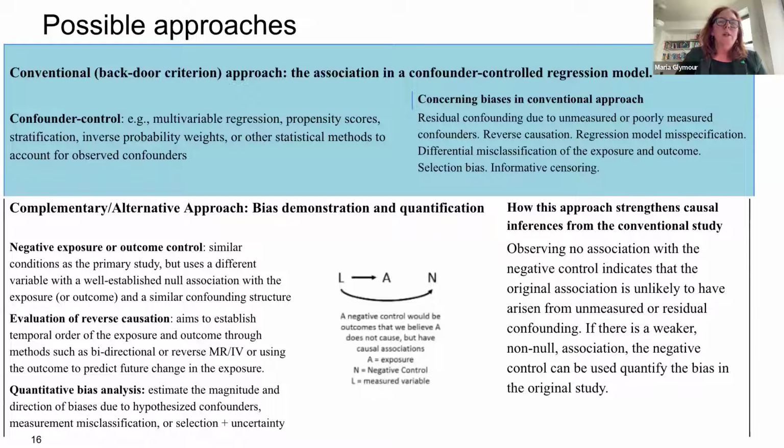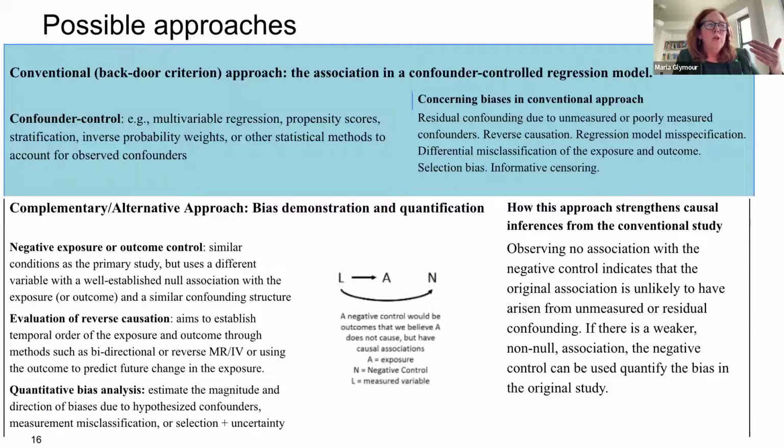And then the last approach that I think is very important and promising is to really focus on actually demonstrating bias. And this is where, in some ways, the Lebrock-Swanson framework doesn't capture this, but I actually think it's a really important part of evidence triangulation: trying to say how we think we could show the bias or quantify the bias. So that includes looking for negative control exposures and negative control outcomes.